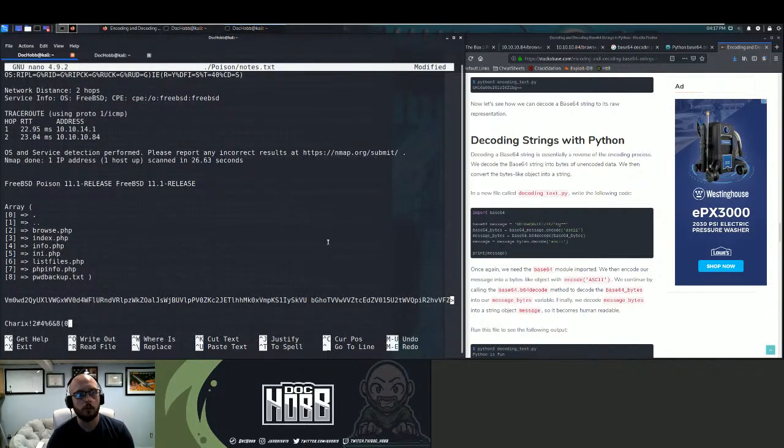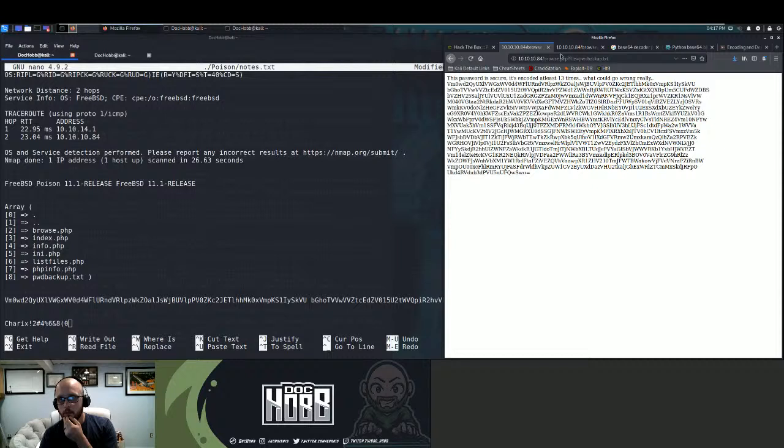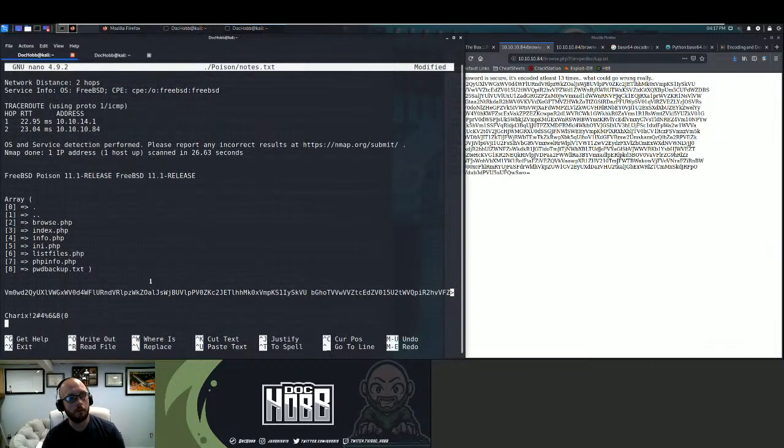Now I did notice something as well. When we look over here at the link for 10.10.10.84/browse.php?file=password_backup, I can read files from here. So I'm going to try some level of directory traversal here, and I've got a password at this point. So I think what I want to do next is try to get /etc/passwd and look at what usernames we've got, and then see if I can use this to get into SSH, since we know that's an available service.